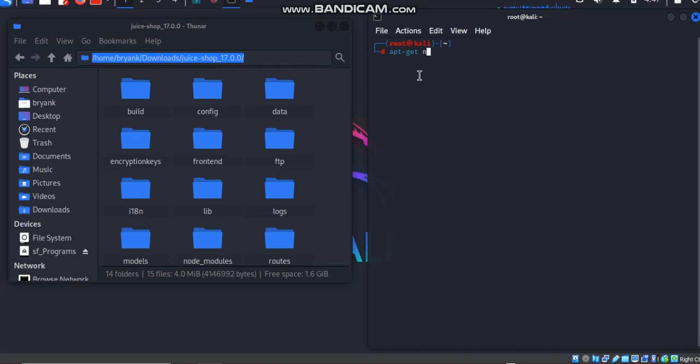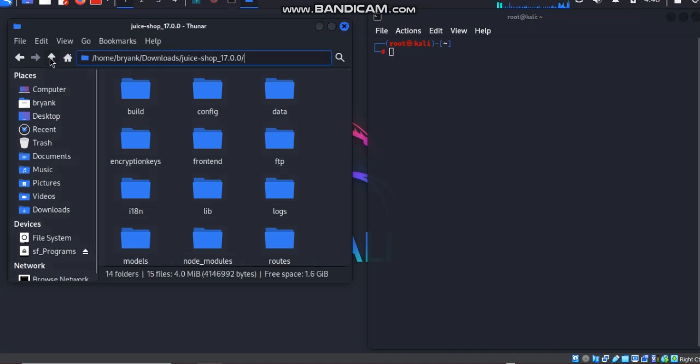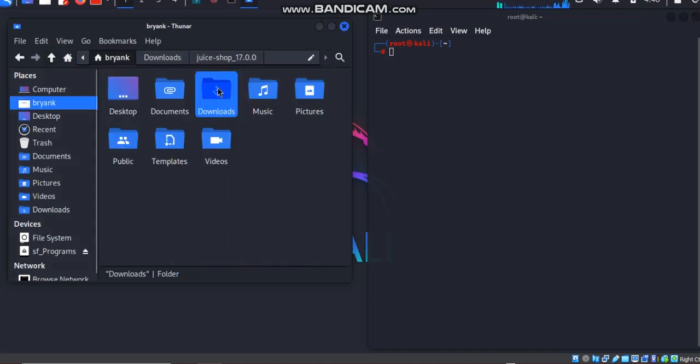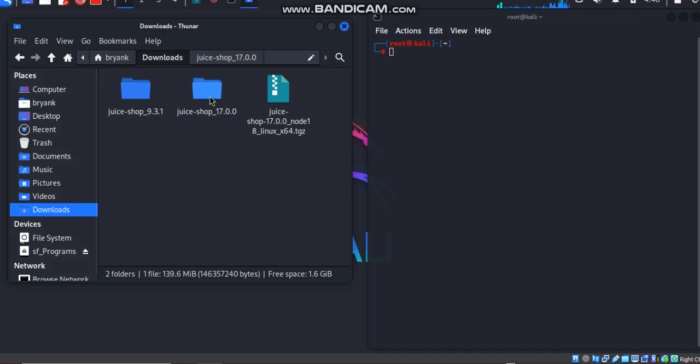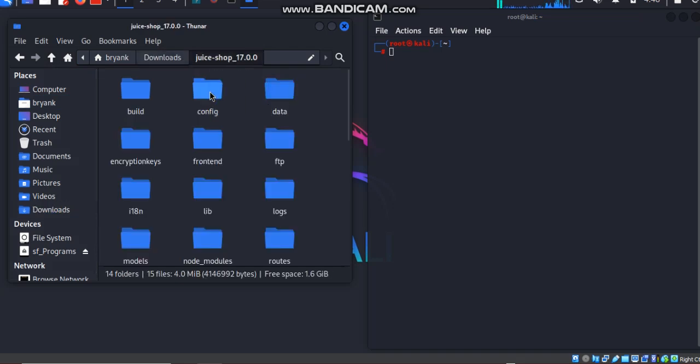So first of all, I need to change directory. Now I'm operating as root. I need to change directory into this download folder where the Juice Shop is. Remember how we got here? When we came into the download, we opened the extracted file. Then when you click by the side of it, when you just click it once, it will highlight the address.